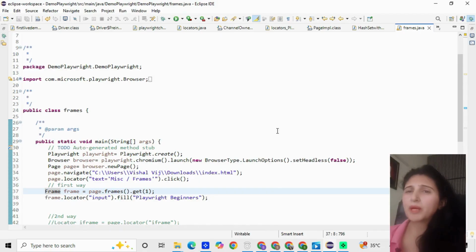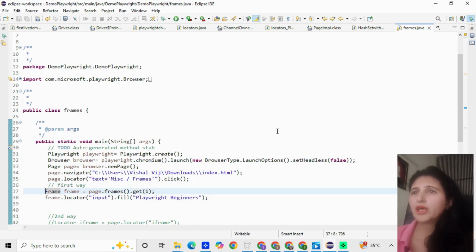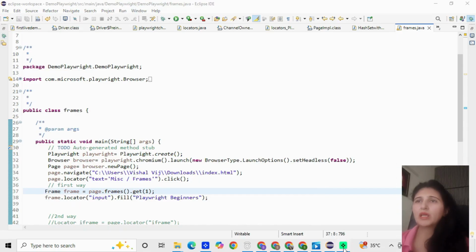This is for QA practice. So I have just gone to that website, that is index.html. It's on my side, and page.locator. Then I have clicked on the miscellaneous frame menu item, dot click button, and I am showing you the